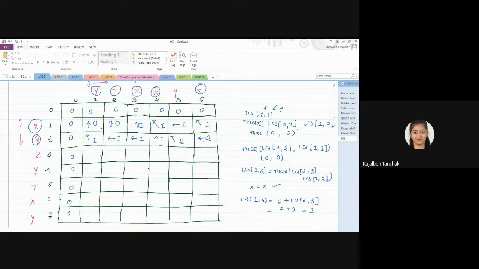So I'll request everyone to complete the entire example. I'll give you 15 minutes. You have to write down this step also, and you have to fill the entire table within 15 minutes. If you are able to complete it within 15 minutes, then damn sure that you will complete this example in your exam also. Fine. So try to practice it.